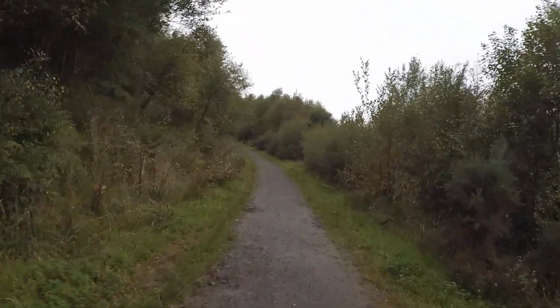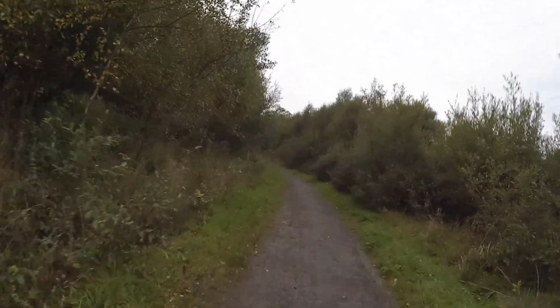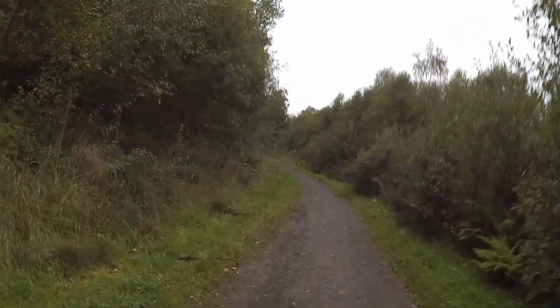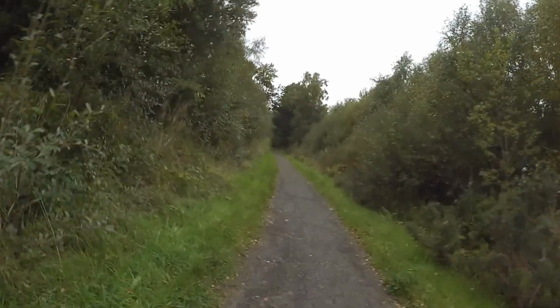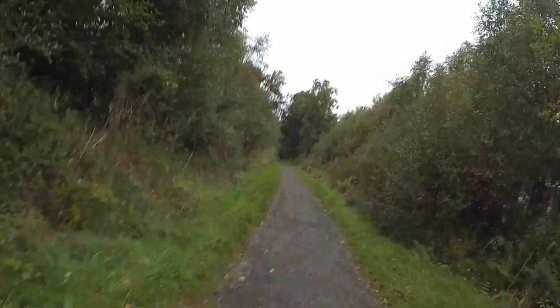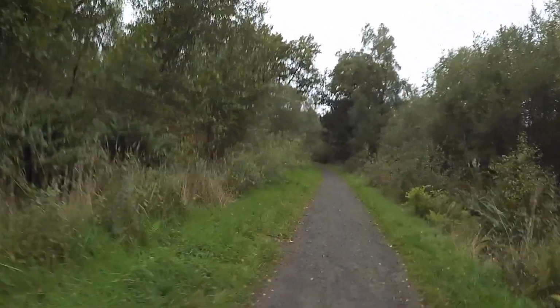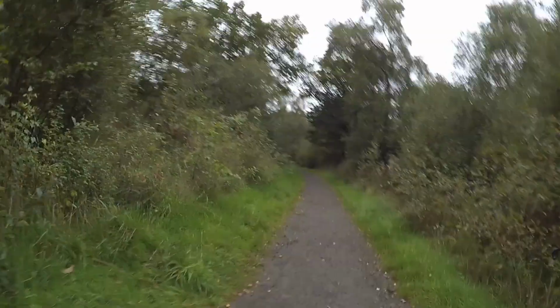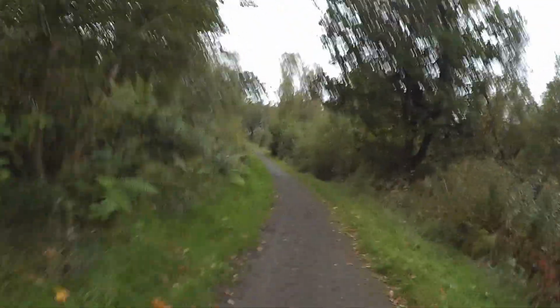And because we're actually climbing to the highest point around the Gartmorn area, we're going uphill and then downhill. Although it's such a long, slow gradient, you barely notice it. These odd stops are just me, perhaps, if the scooter is on a slight side slope, picking my way a bit more easily. But as you can see, there's not much to be concerned about, and plenty of opportunity to